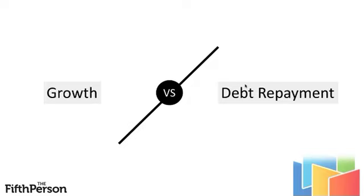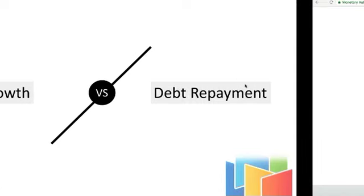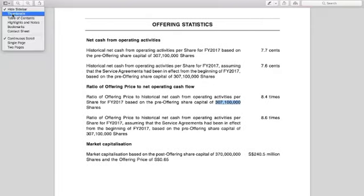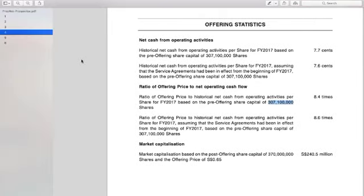How many percent is used for debt repayment? How many percent is used for growing the business itself? Okay, so let us go back to Prognex case. So you go back to the table of content again. So you have to always refer back to the table of content,